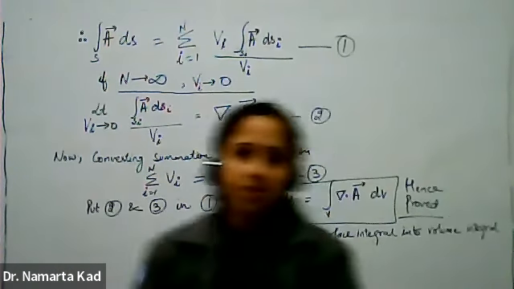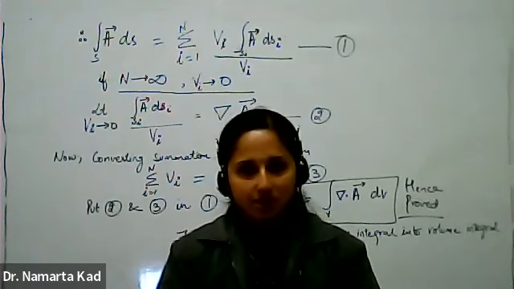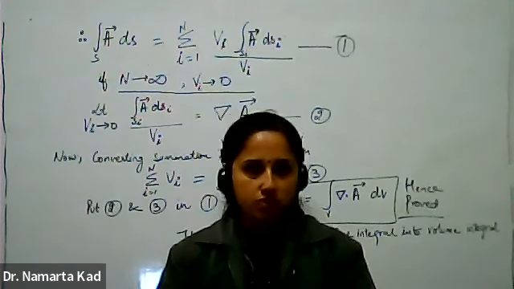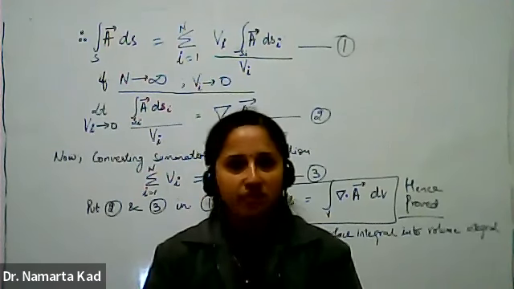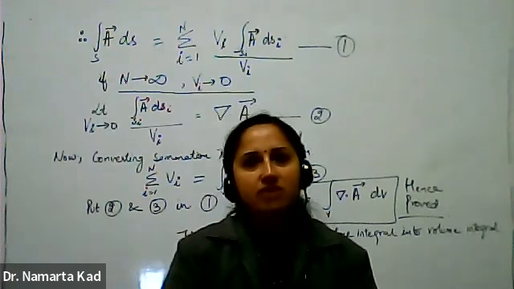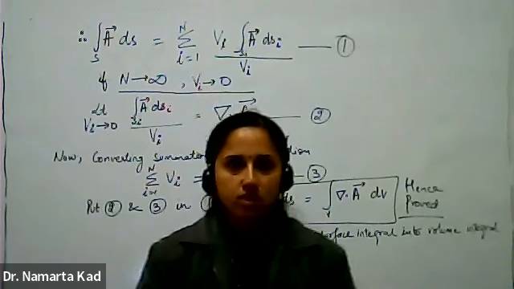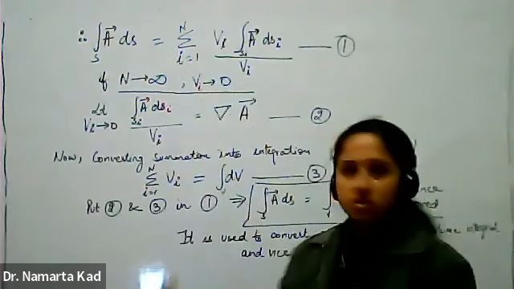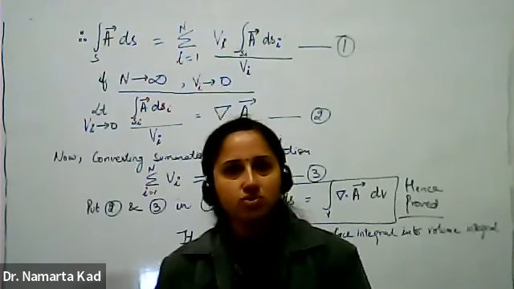This is all about today's lecture, and today we have covered 2 identities and 1 theorem. The proof of 2 identities: the first one is that the curl of the gradient of any scalar is 0, and the second one is that the divergence of the curl of any vector is 0. And one theorem we have covered, that is the Gauss divergence theorem, that is used to convert the surface